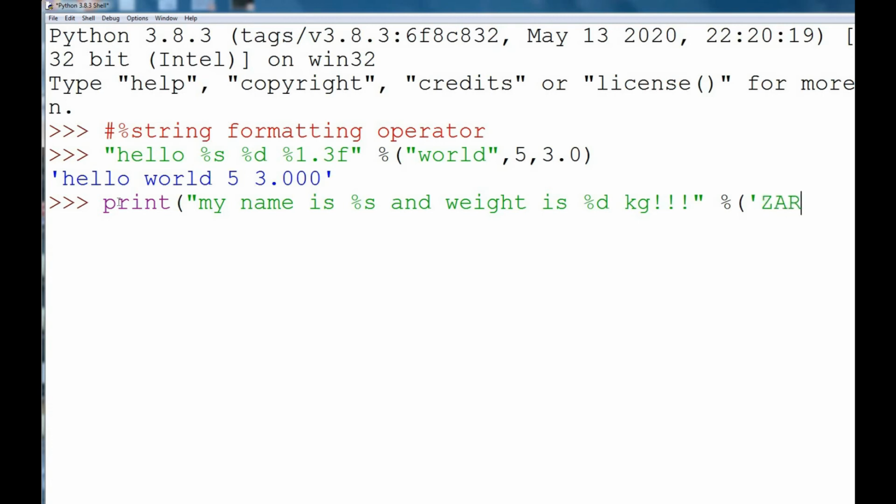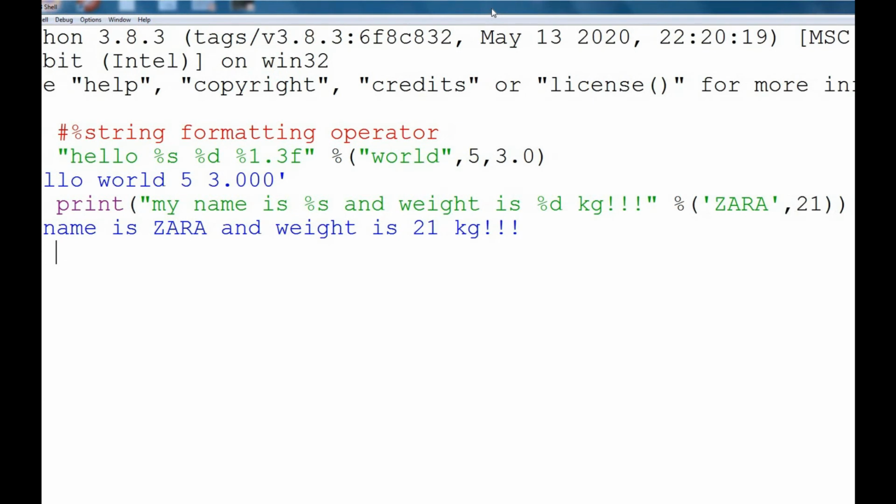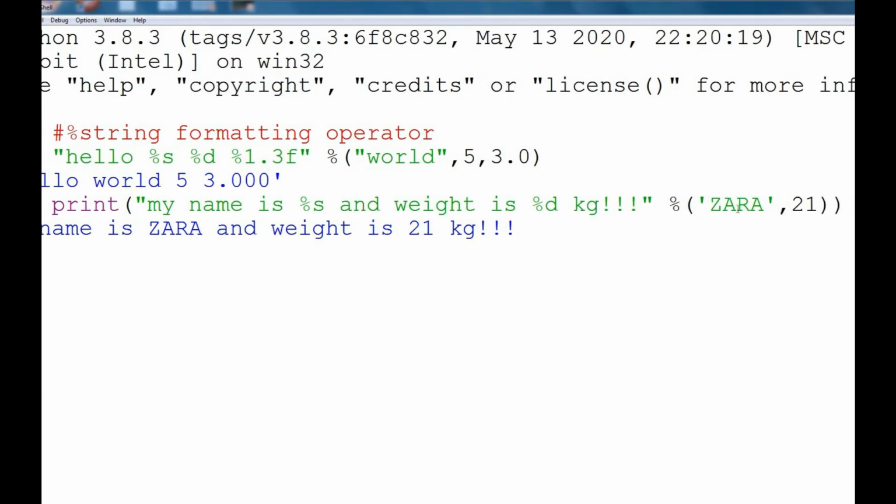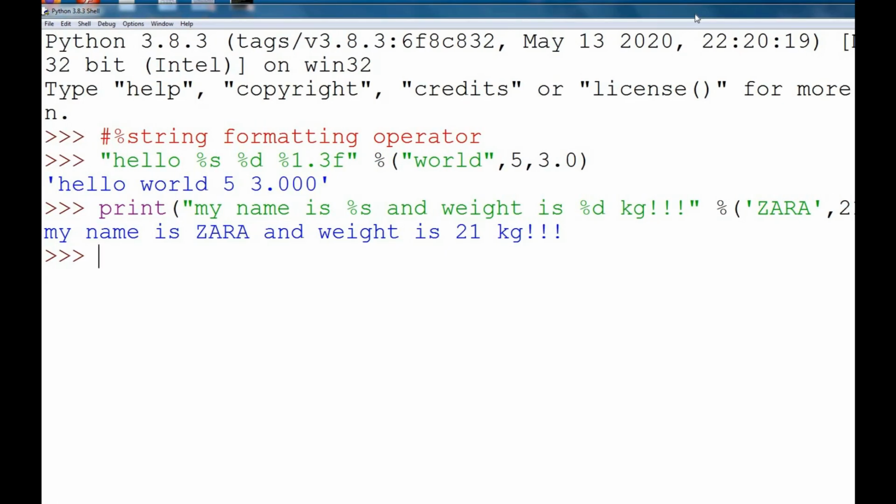Now use the formatting operator and give the data as Zara, 21. So press the enter key. So here it is, Zara and 21.